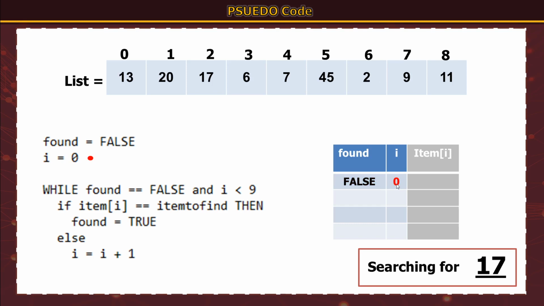I is 0, okay? And then we come down to here. While found is false. Well, found is false, and I is 0, so it's less than 9. So we come down to this if statement. So we're here. Okay. If item I, which is 0, 13, hence why I've popped it there, is equal to find item. Okay, item to find, 17. 13 is not equal to 17, so we don't go inside the true, we come down to the else,